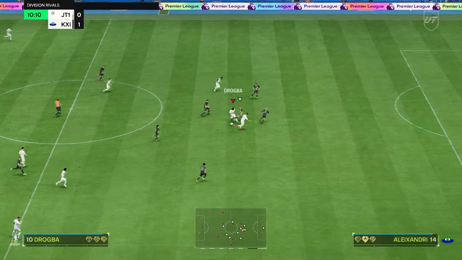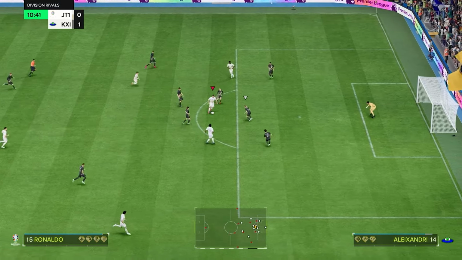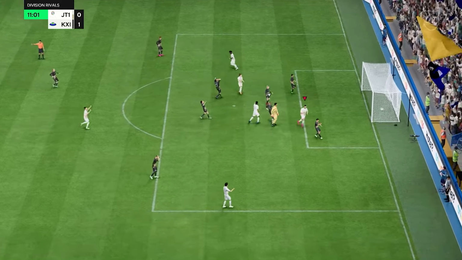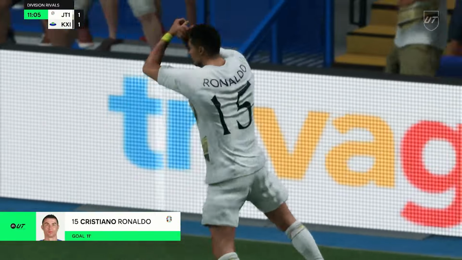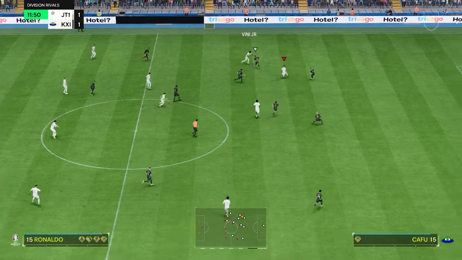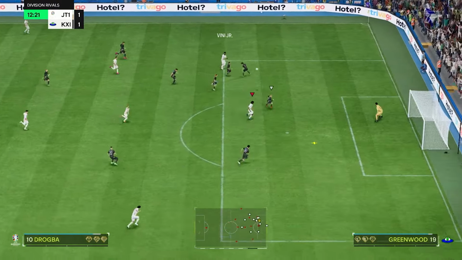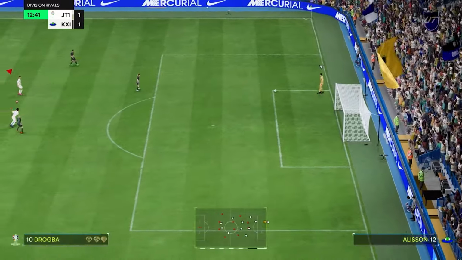Making that run through. Little one pass into Drogba. Back to CR7. Finds the inside. And again, it's got to be CR7. Lovely stuff. And... Oh. He's been loving the link up with Vinny as well. Vinny's an absolute baller on this wing. Into Drogba. Power header. Keeper just sideways from it, but...